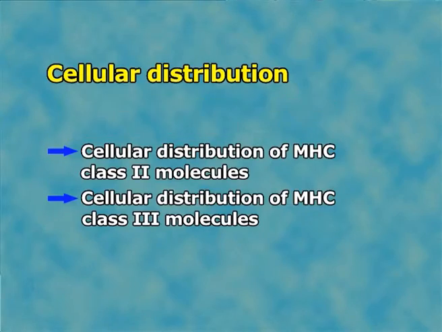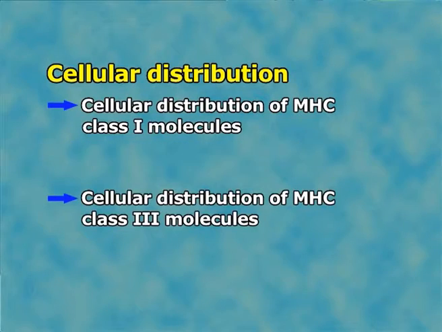Cellular distribution of MHC class 1 molecules. In general, the classical MHC class 1 molecules are expressed on most somatic cells. The highest level of class 1 molecules is expressed on lymphocytes, about 1% of the total plasma membrane proteins, or 5 times 10 to the power 5 molecules per cell. Fibroblasts, muscle cells, hepatocytes and neural cells express very low levels of class 1 molecules. A few cell types, for example neurons and sperm cells at certain stages of differentiation, appear to lack class 1